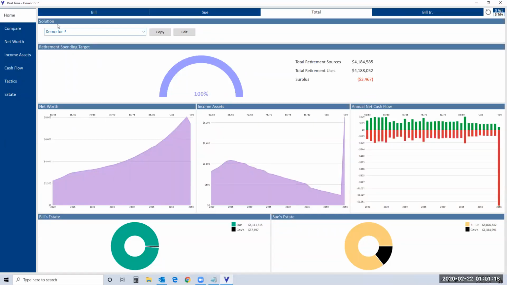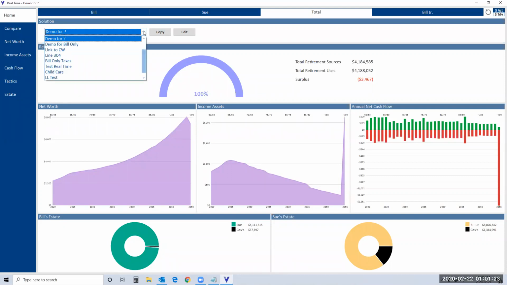You can also see the ability, by the way, to create new solutions on the fly. So if you're working with a client and the client says, what would happen if we did this or that, then you can just go to the home page in real time, create a new solution, and make whatever changes you want. We decided to add this retirement spending target to the top, and basically what it does is it